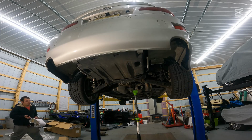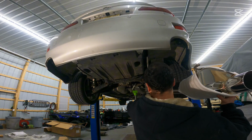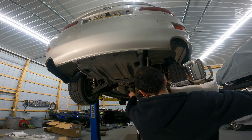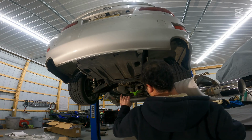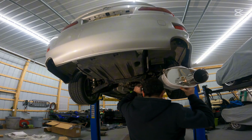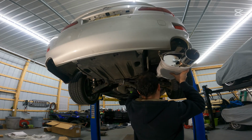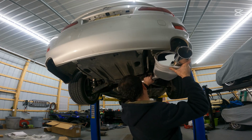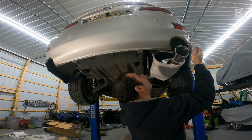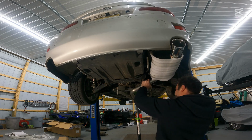like so. We can grab our nice, shiny new exhaust and attempt to get it into place. Now, I am going to try to use this pull jack to assist me a little bit here, but I don't want it to get me wedged up and in a jam like I kind of did before. So we're just gonna slow and steady get this kind of into place. You know what, that's gonna go right here. It's gonna come here. Let's just slide these back hangers in. There's one. And there's two. So the back hangers are in